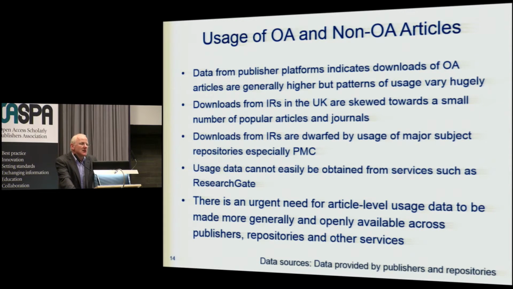Okay. We then move on to usage. Now, this is really difficult to do, and the initial report by the working group said this is really difficult to do. And our investigation said this is really difficult to do because it is. Because you're looking at so many different places where usage can occur. An article can be on a publisher website, in a repository, or multiple repositories, on the personal website of the author. How do you possibly measure the usage of that in all its different versions and all its different instances?